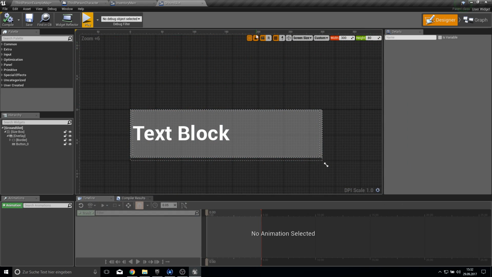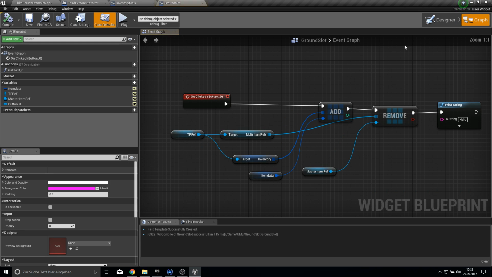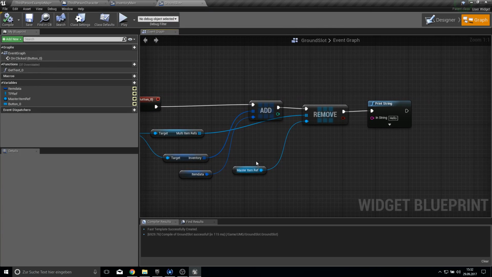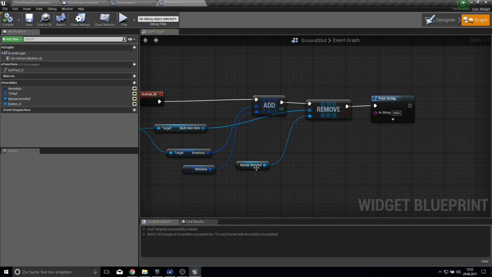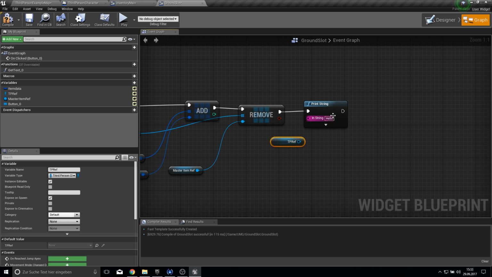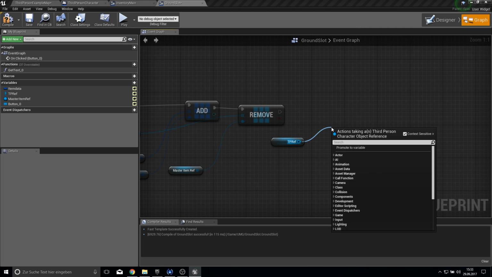So yeah, this actually works good. What we now need to do here from the ground slot is say that we want to build the inventory again. So we could also add a reference to the widget, to the inventory main again, or we just simply take here our TPC reference. So bring it in, let's delete the hello, and let's say